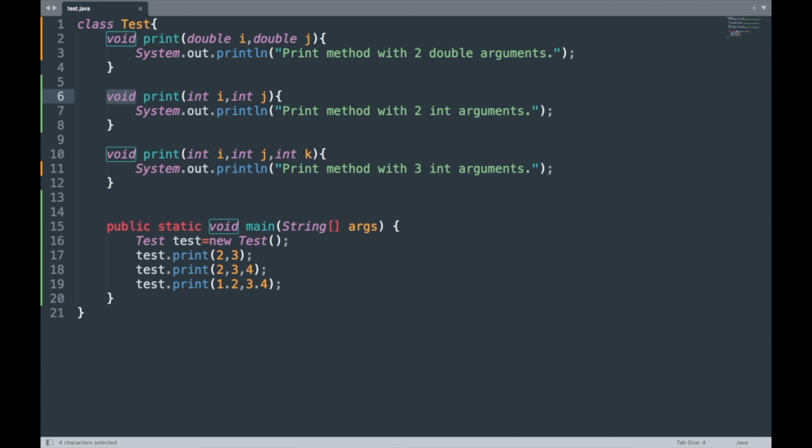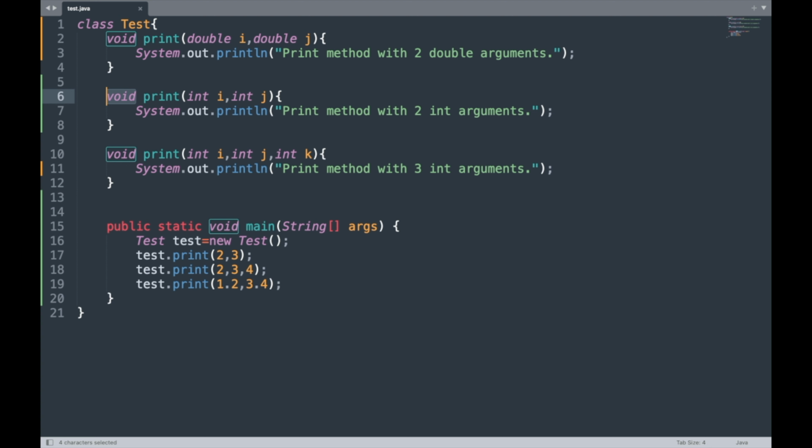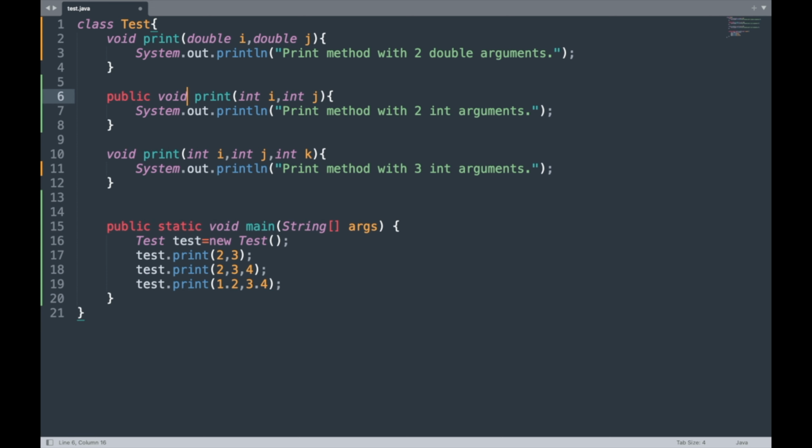Your third rule states that your overloaded methods may or may not define a different access level. Here in this program the print method has default access. So even if we write something like public void for our second print method, we won't get any compilation errors. And one final thing you need to remember is that you cannot overload a method by